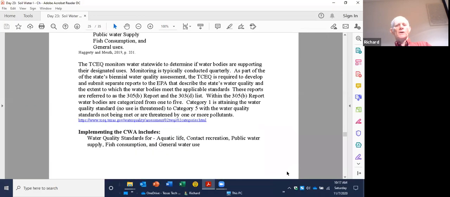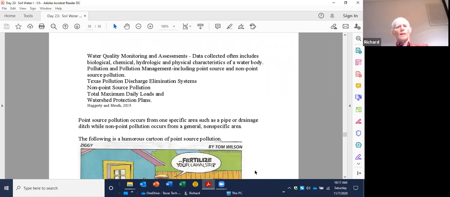With the implementation of the Clean Water Act, water quality standards for aquatic life, contact recreation, public water use, fish consumption, and general use are considered. Water quality monitoring and assessments. Data collected often includes biological, chemical, hydrological, and physical characteristics of the water body, pollution and pollution management, including point source